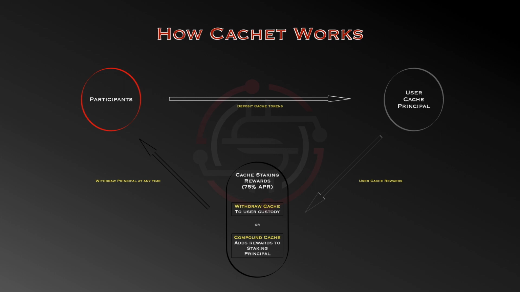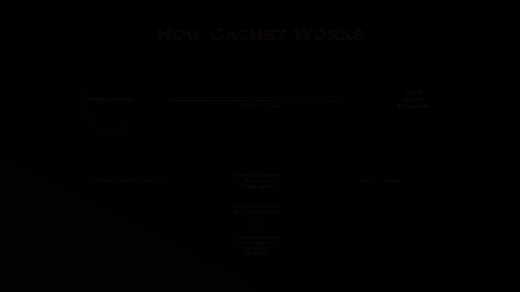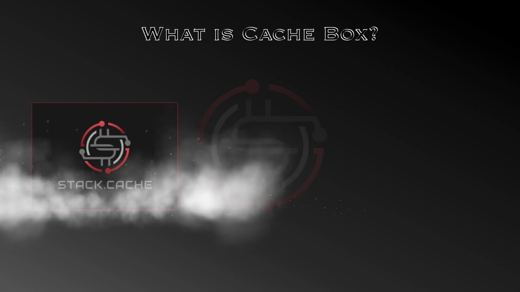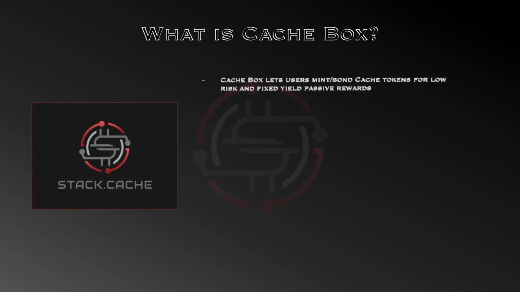So overall, Cache is a single asset staking pool which allows users to earn at their convenience and be rewarded with additional cash tokens. So the next smart contract we'll be discussing is Cashbox. And the Cashbox smart contract is essentially one of the premier contracts of the StackCash protocol. So what is Cashbox? Cashbox allows users to mint or bond cash tokens for low risk and fixed yield